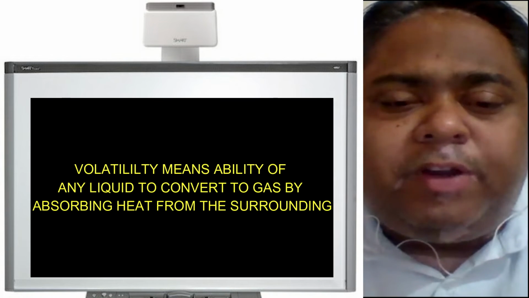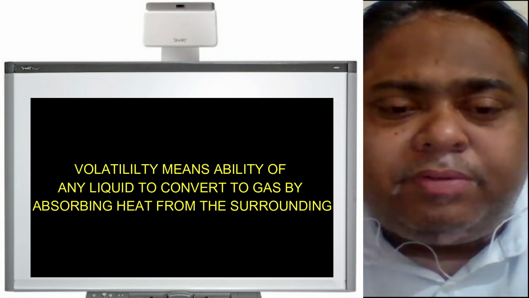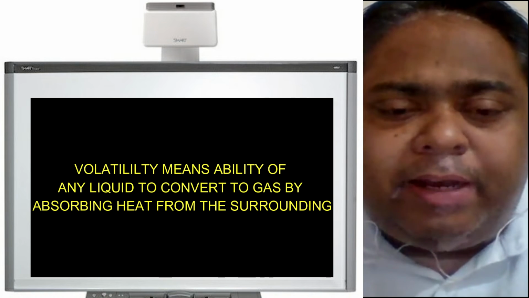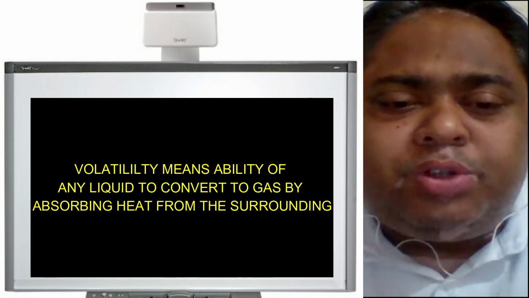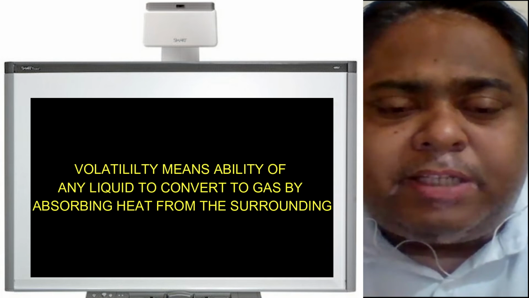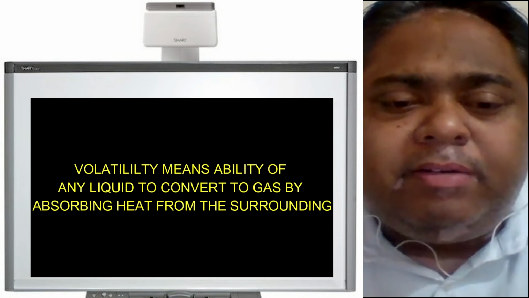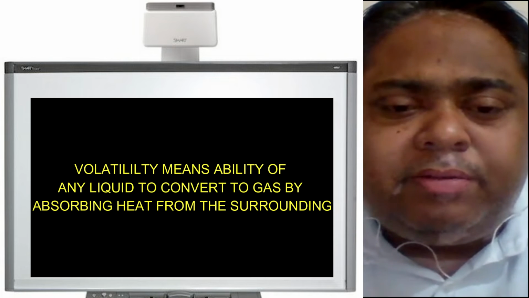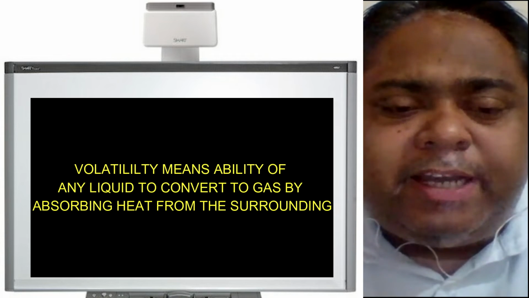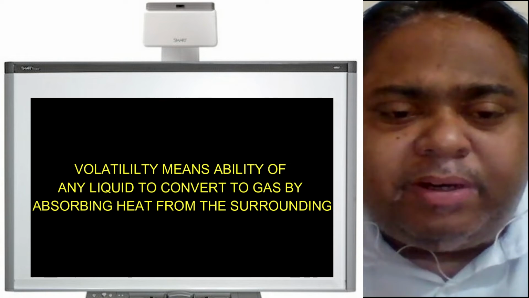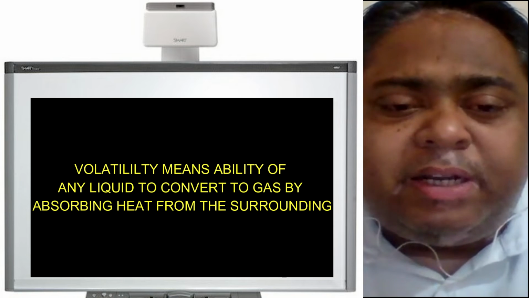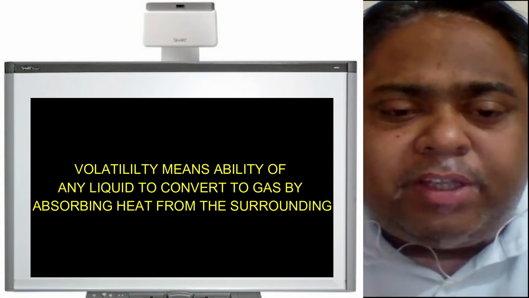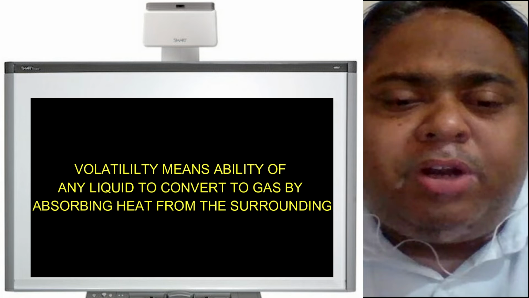Now, if we consider the solubility of the volatile or the nature of the solution in which a volatile substance is dissolved in liquid, then we will consider just the case of gases dissolved in liquid, because with increase in temperature, volatility also increases. With increase in temperature, the escaping tendency of the molecule increases.